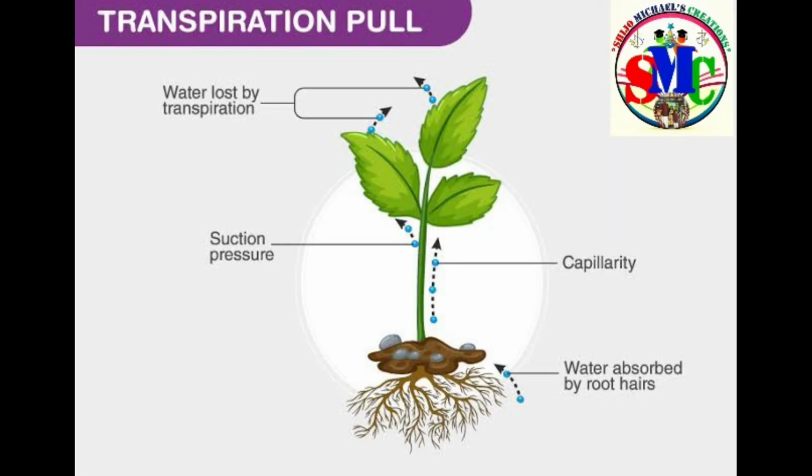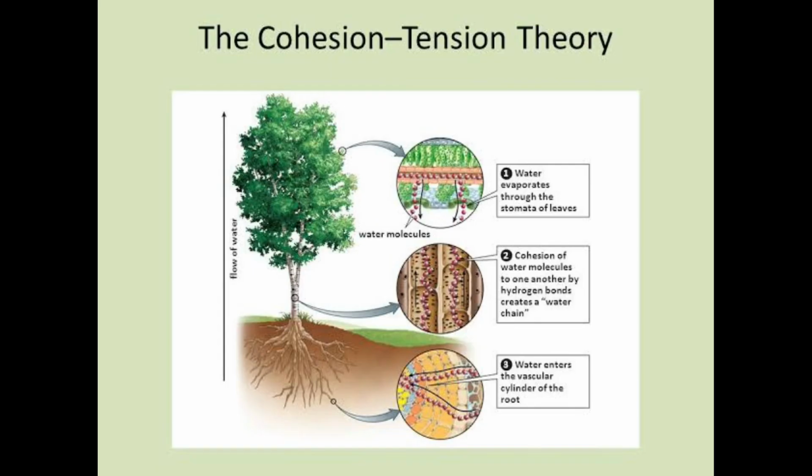Then we have already discussed transpiration pull, that is loss of water from the leaves through the stomata of the leaves in the form of water vapor. That pull is normally kept on, the pressure is kept on the roots, thereby roots absorb water into the plants. Then another topic, that is cohesion tension and adhesion tension. These are also discussed in the 10th class. Once again, we discuss all those things.